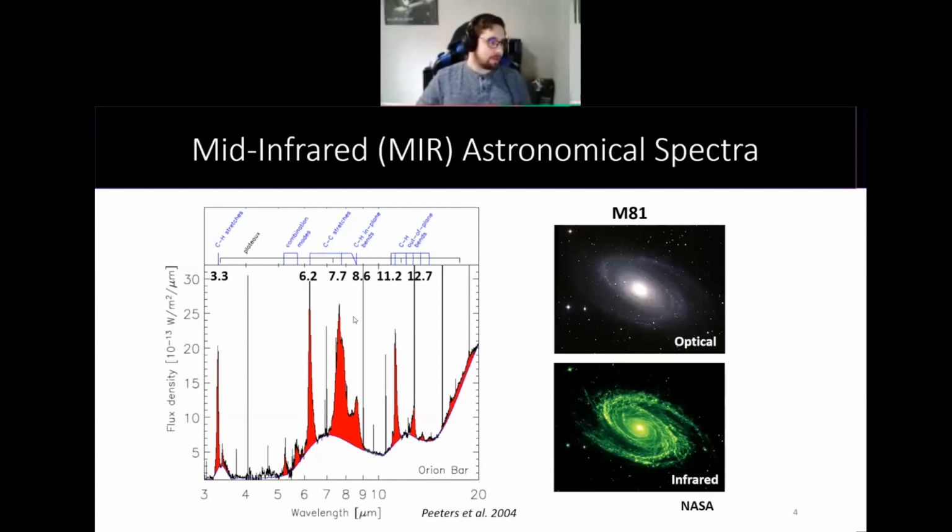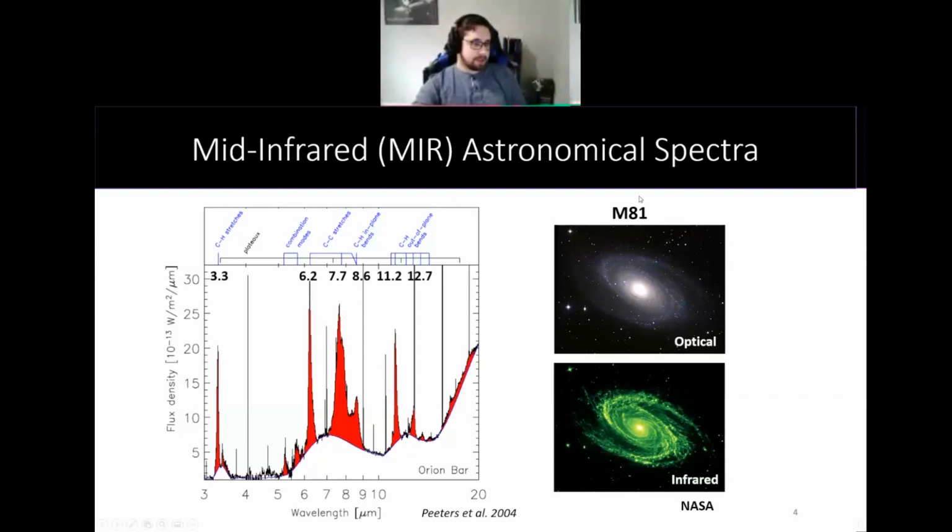So with that in mind, our research primarily focuses on the mid-infrared astronomical spectrum. It's found throughout the interstellar medium of the Milky Way and in extragalactic sources. These types of galactic sources include HII regions, post-AGB stars, young stellar objects, planetary nebulae, reflection nebulae, the diffuse ISM, and galaxies as a whole.